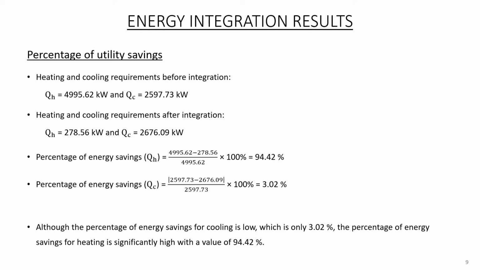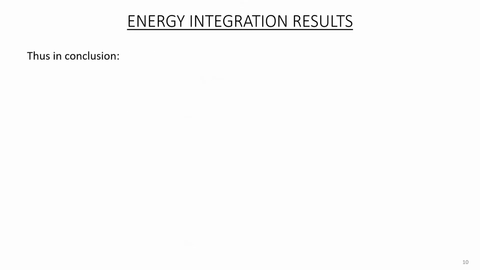Although the percentage of energy savings for cooling is low, which is only 3.02%, the percentage of energy savings for heating is significantly high with a value of 94.42%. Thus, in conclusion,